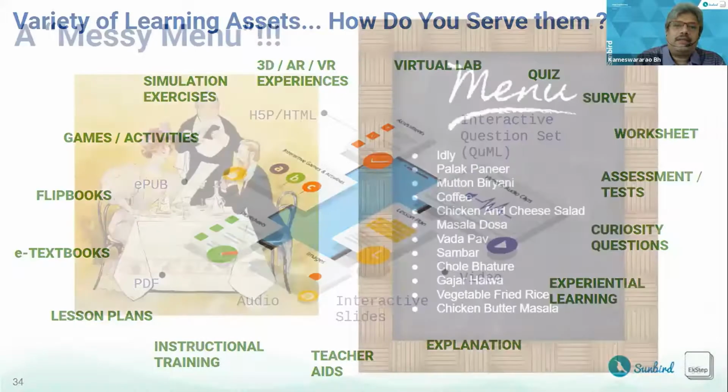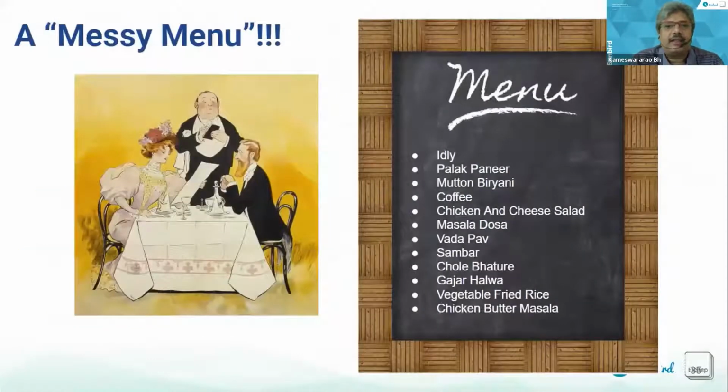So let me just take my favorite analogy here. Just imagine you go to a restaurant to order food, and you find a menu like this, right? It's going to be quite a task for you to actually pick and choose what might be useful for you. And you can see obviously what the issue is with such a menu, right? So cooking food is only half part of it. Being able to serve it better is the second part.